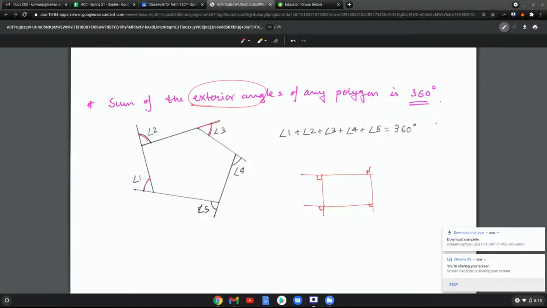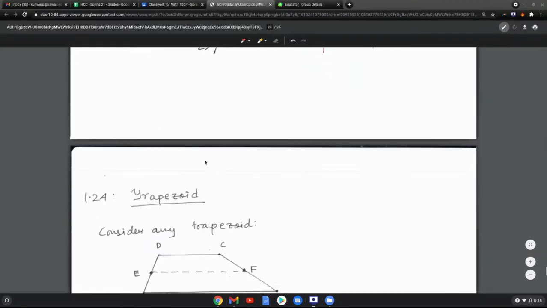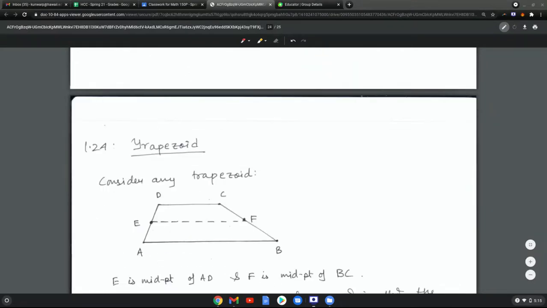Okay, this is going to be the last video for the week. We are going to look at a shape called a trapezoid. Now remember, a trapezoid is any shape where two sides are parallel and then there's no restriction on the other two